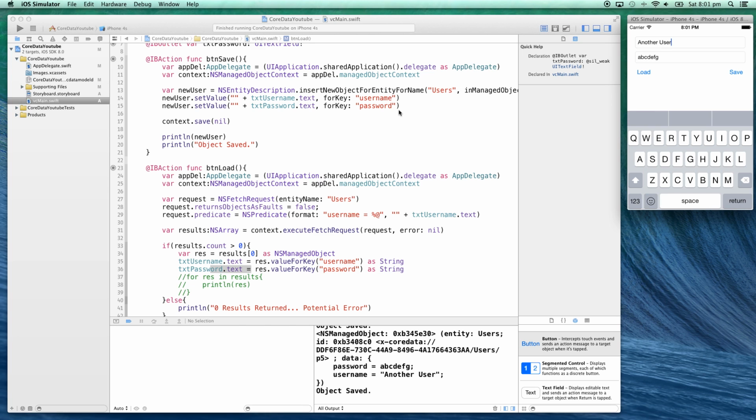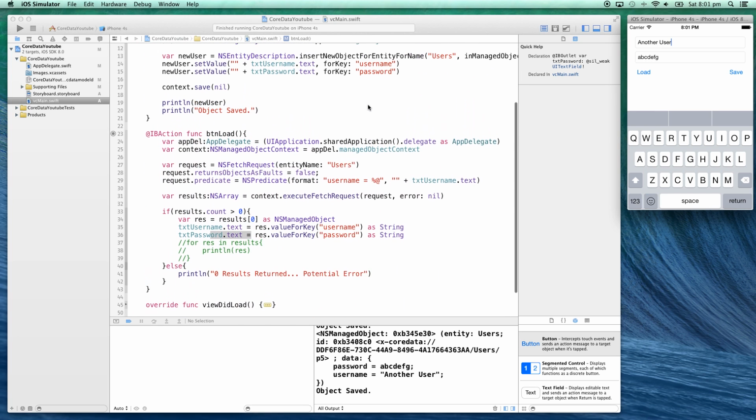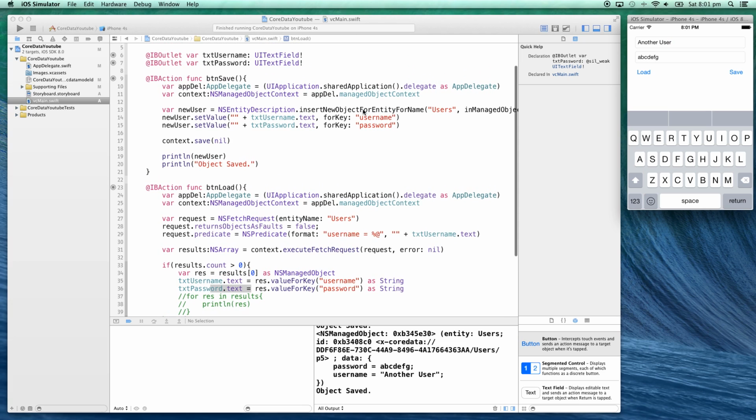So that's been the basics of Core Data inside of Swift using the Xcode 6 beta and the iOS 8